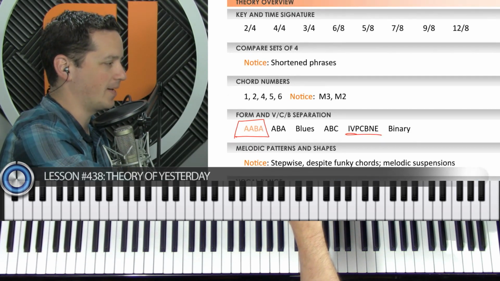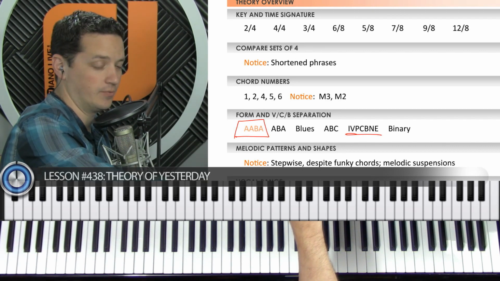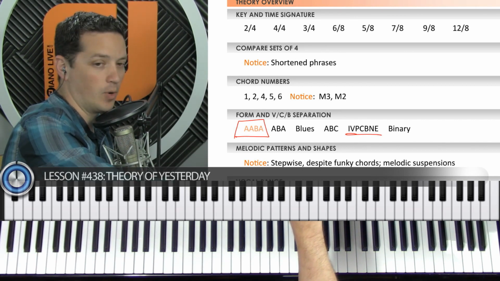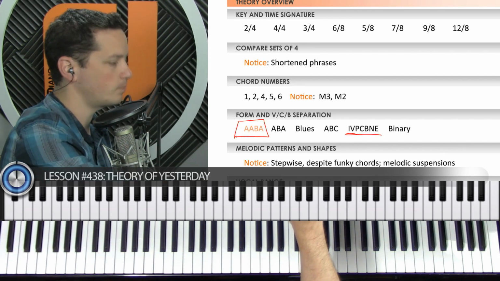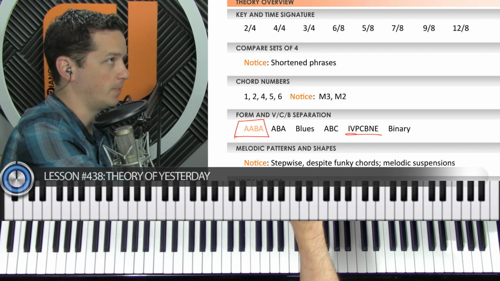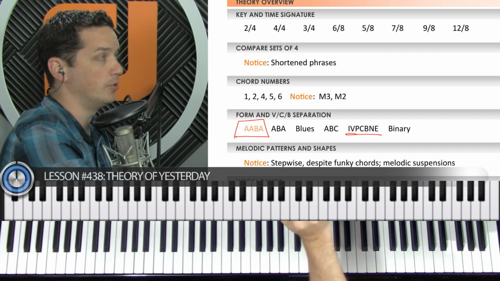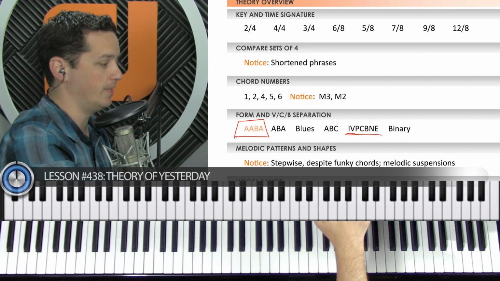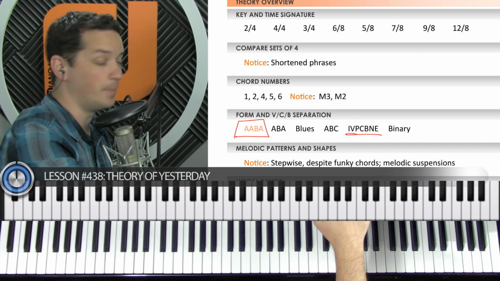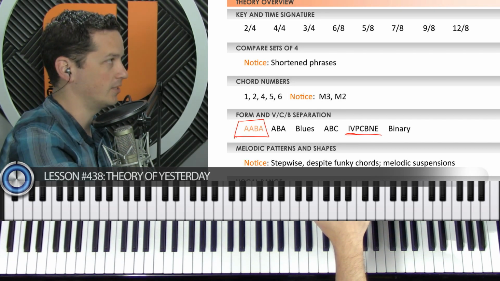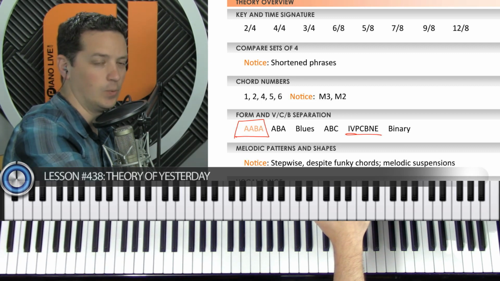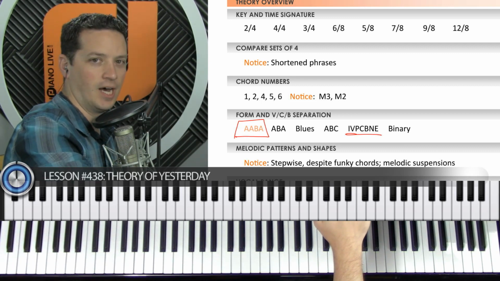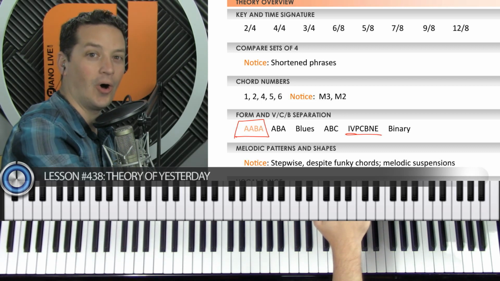Okay, let's go back and talk about the chord numbers. They use all kinds of different chords, as we mentioned yesterday. There are a lot more chords in this song than in most songs that we're going to run into, which for a lot of people, especially if you are new to songwriting, means that, well, the Beatles are doing it. The Beatles are awesome. This is a lot of chords, which means that a lot of chords equals awesome, which is not true at all.